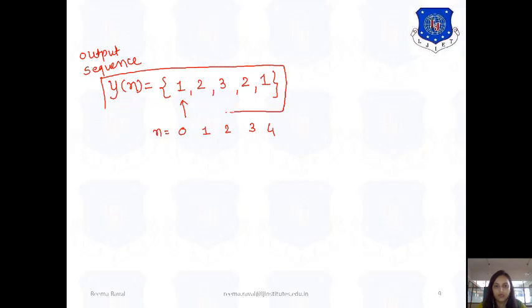An arrow should be indicated at the instant n equals to 0. Alright, so this is the graphical method. In the exam, if any method is not mentioned to you, you can do the example for linear convolution using any of the methods which is suitable for you. Okay, thank you, and I hope that this example is now clear to you.